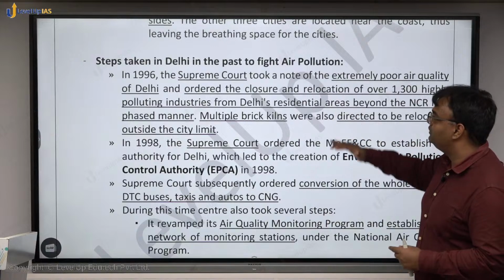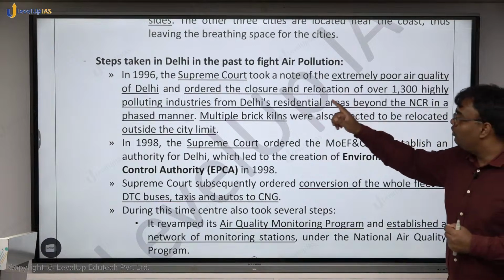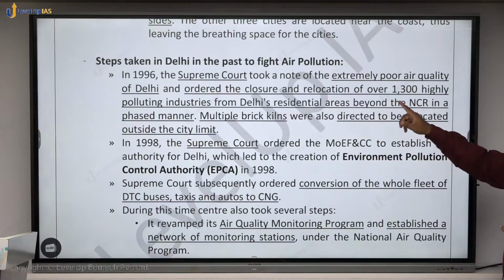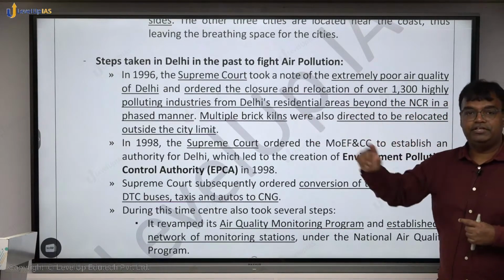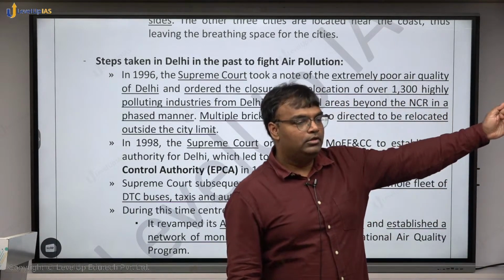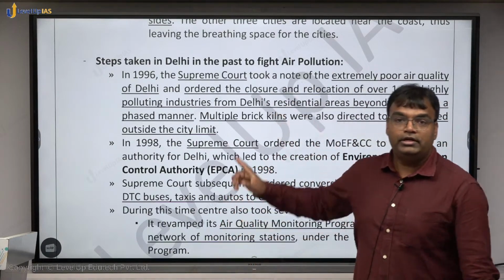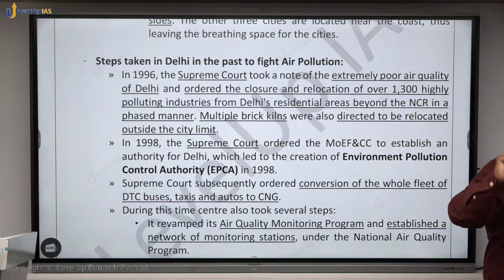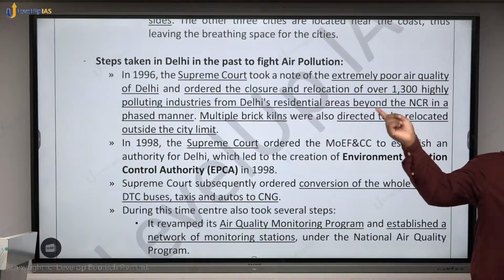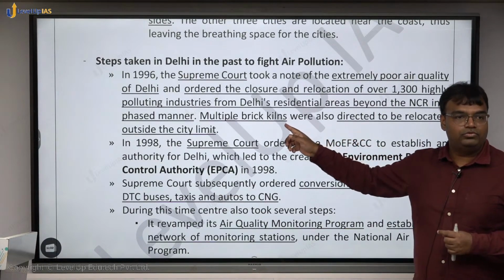So over the years, a lot of steps have been taken. In 1996, Supreme Court took note of the extremely poor air quality and ordered closure and relocation of over 1,300 highly polluting industries from Delhi's residential areas beyond NCR in a phased manner. 1990s में there was a phase when, जैसे दिल्ली से आप थोड़ा साउथ में जाओगे ना, अब भिवाड़ी है या नीमराना है, those places developed as industrial towns in 1990s because of polluting industries locating outside. A lot of the regions around Delhi which were not part of NCR developed as industrial towns because of this